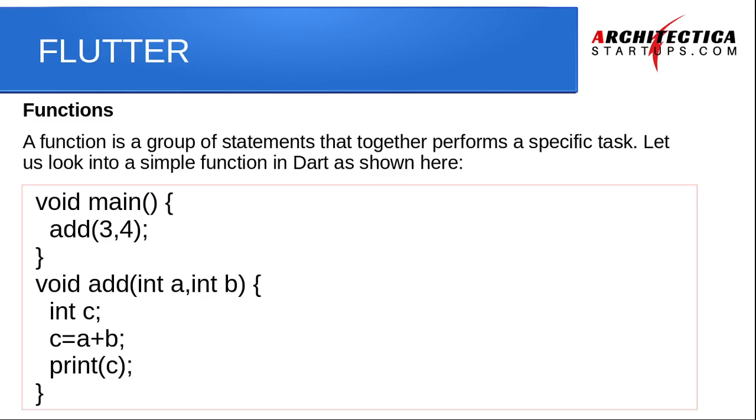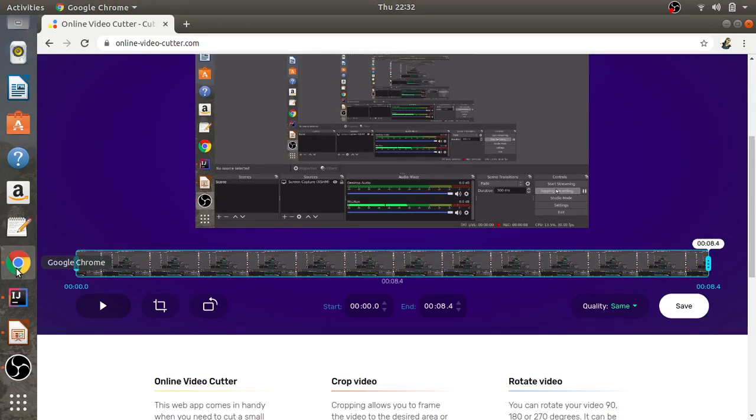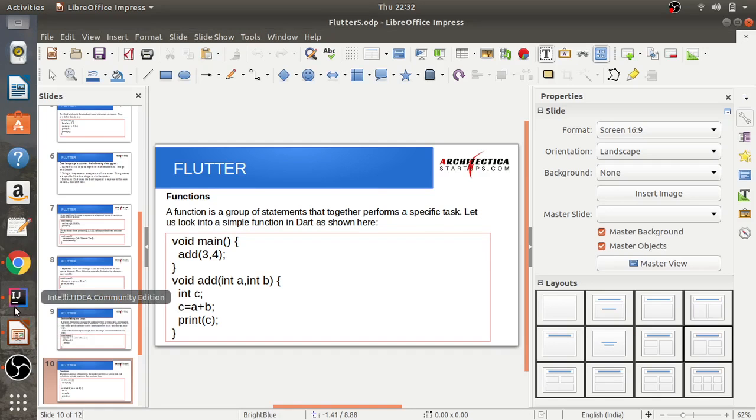If you have a number of tasks in your code, to modularize your code and structure it, you need to create functions. For example, if you have add and subtract tasks that you have to perform in your code, you just make an add function, and whenever you need to use that add function, you can use it by calling it. Okay, so for example,